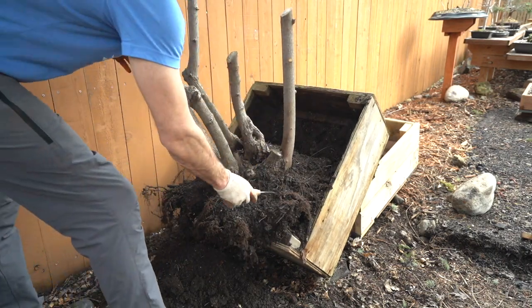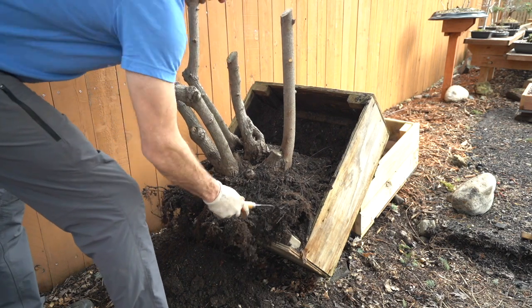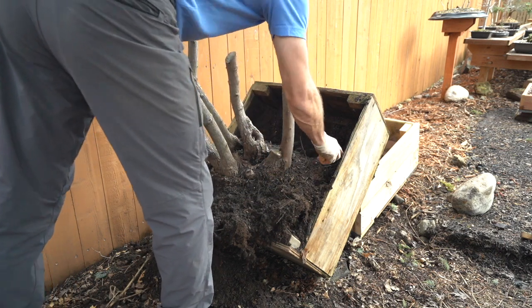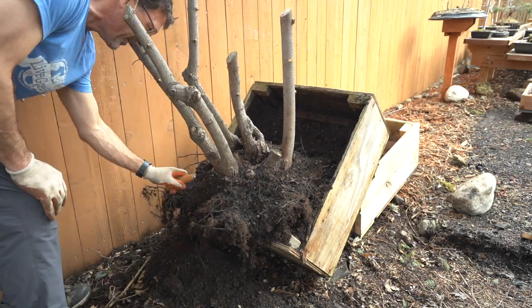Once I tipped over the big heavy pot, the weight of the tree alone and the big thick heavy branches, I knew I'd have a lot of leverage to just kind of angle this thing and kind of lean it right out of the pot. Most of the weight of this beast of a pot is dirt. The tree's pretty heavy too, but